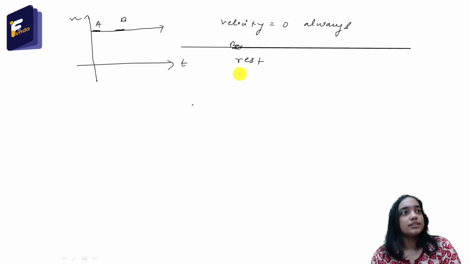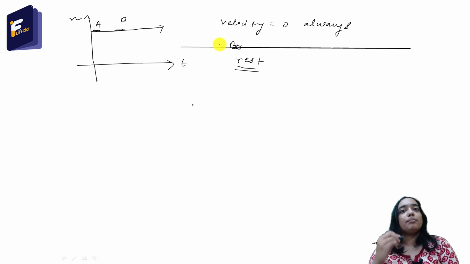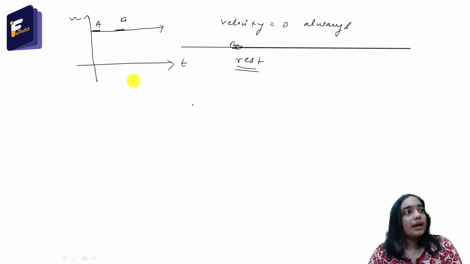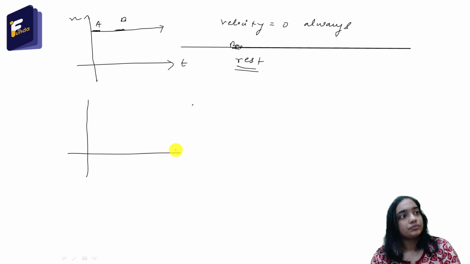So this graph represents a body that is at rest. Its position-time graph will be a horizontal line parallel to the time axis. Okay. So what happens if the position-time graph is like this? If this is the position-time graph,